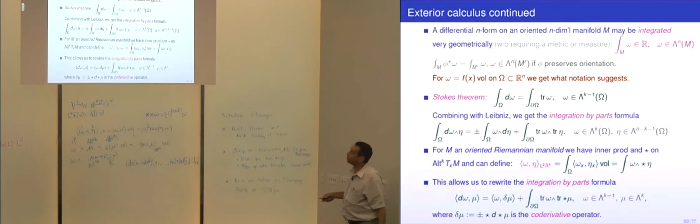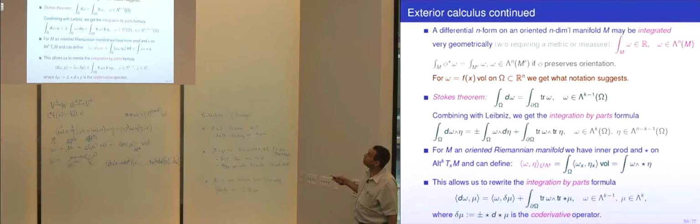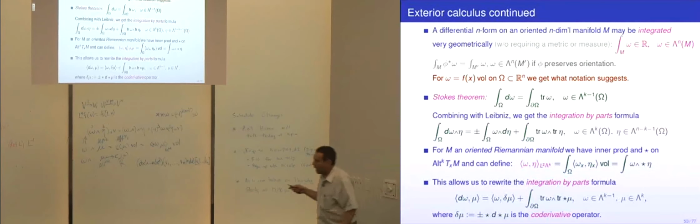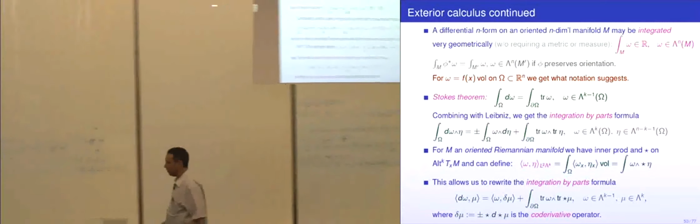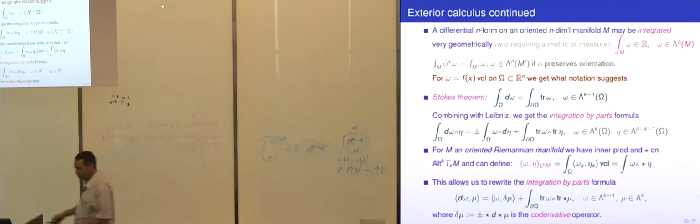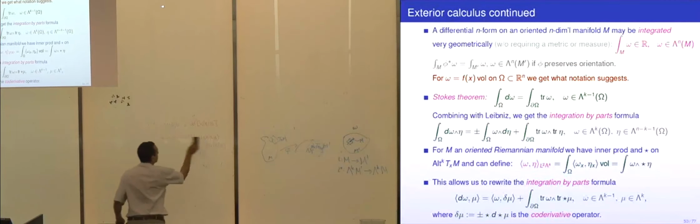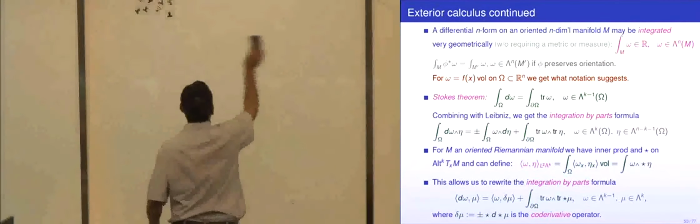Okay, that's differentiation. There's also integration. As I already mentioned, a differential n form on an n-dimensional surface, an n-dimensional manifold, can be integrated. And again, let me give you an idea of what the meaning of it is. This explains a lot of how nice differential forms are in this context. Let's first do a one-dimensional manifold.